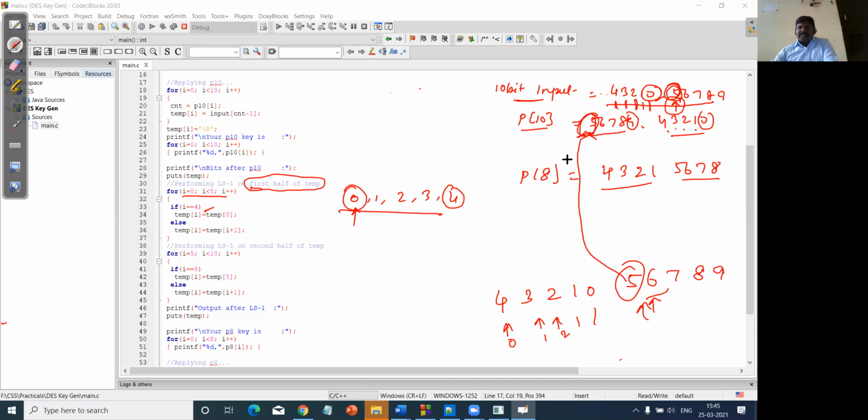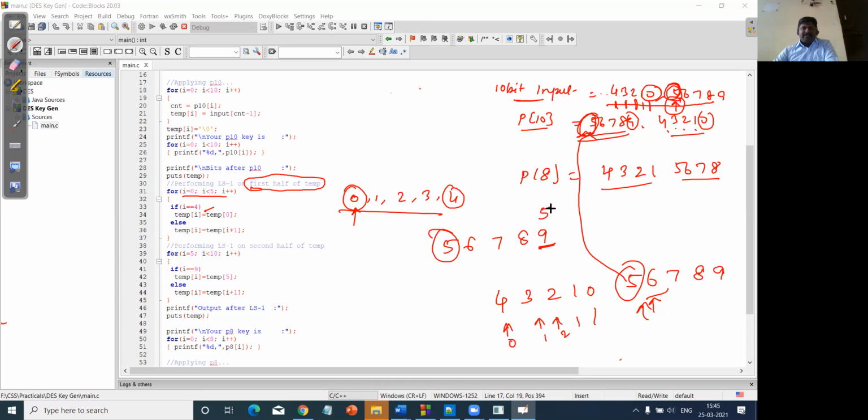Got it? So for example, if I repeat this process, now this is P10, so 5, 6, 7, 8, 9. If my i is equal to 4, I'm going to replace this value with whatever is stored in temp 0, which is 5.